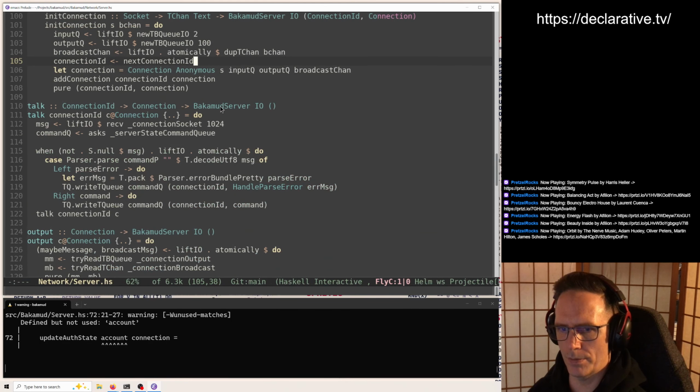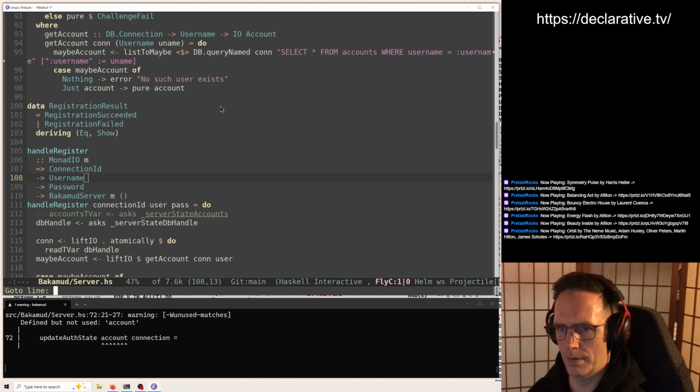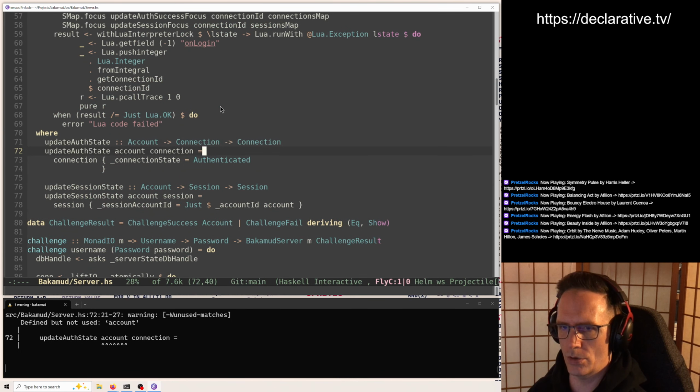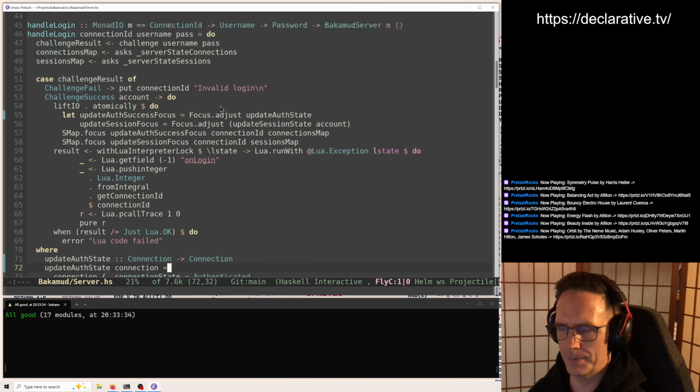Ooh, okay, we should probably fix that. It's a Bakamud server. We haven't used account. Yeah, we actually don't need that parameter. So let's get rid of it. Then change the focus here. There.